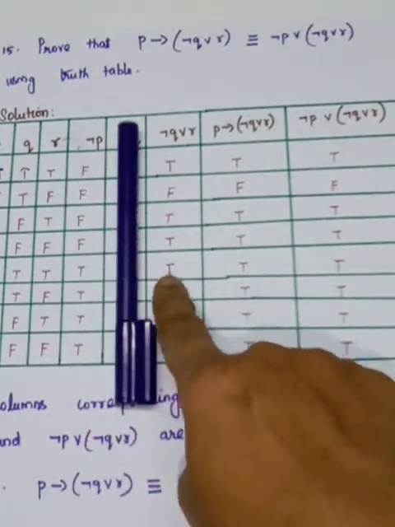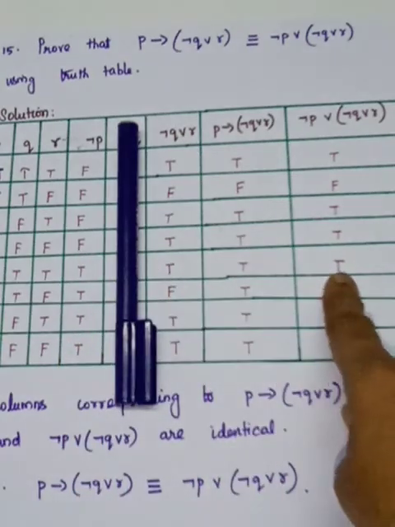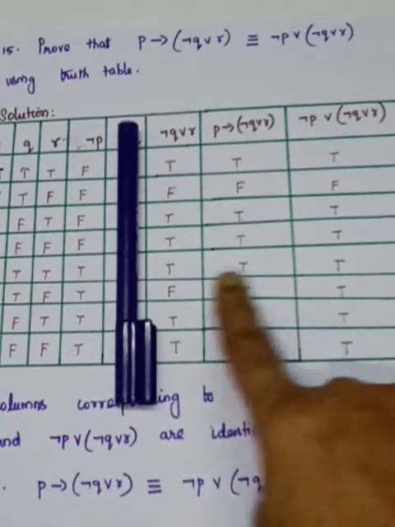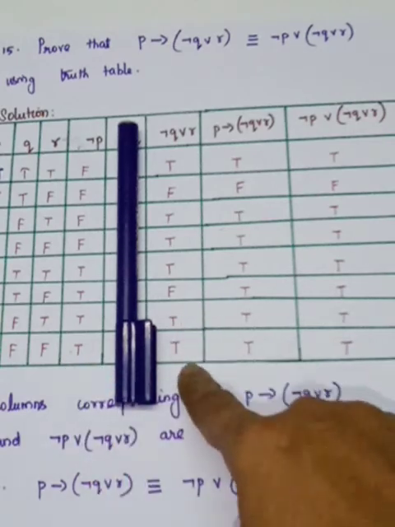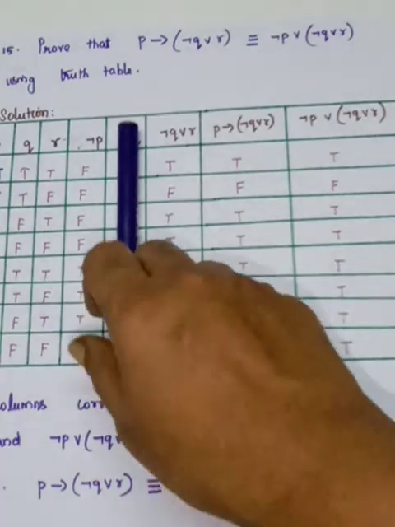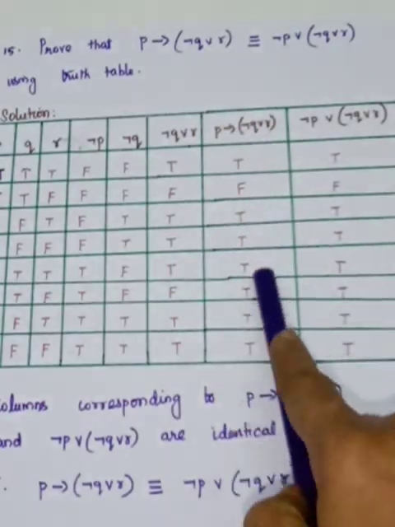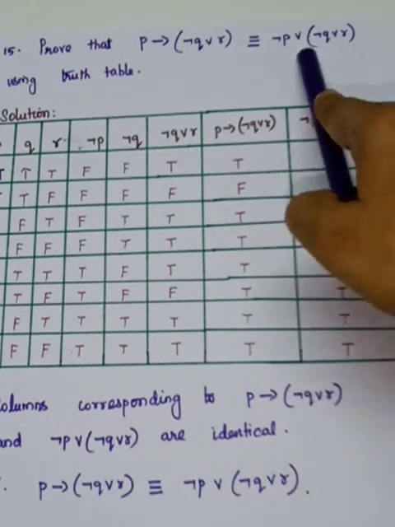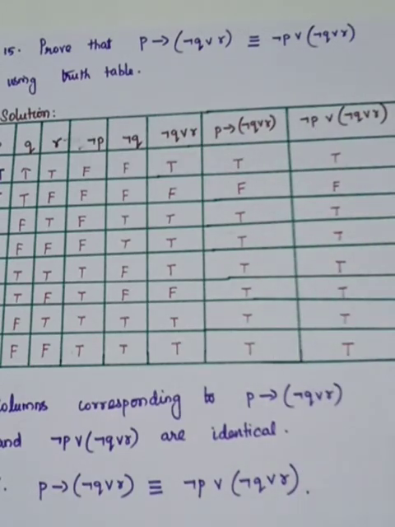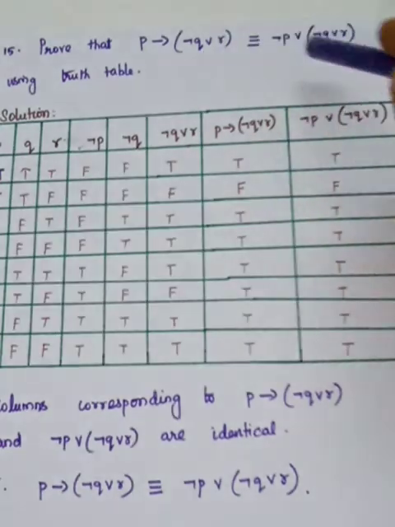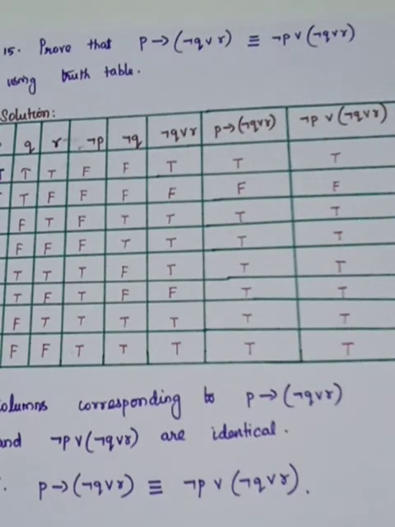Here both are true. Which one do you have to see? This and this. Both are true, so it is true. Here one is true, so it is true. Both are true in the next two cases, so it is true. Okay, but which one do you have to compare? So the left hand side is in the 7th column, isn't it? And the right hand side in the 8th column. You compare these two. How are they? They are identical. You see they have the same truth value in both the columns. So therefore these two columns are identical, so the given statements are logically equivalent. Thank you, students.